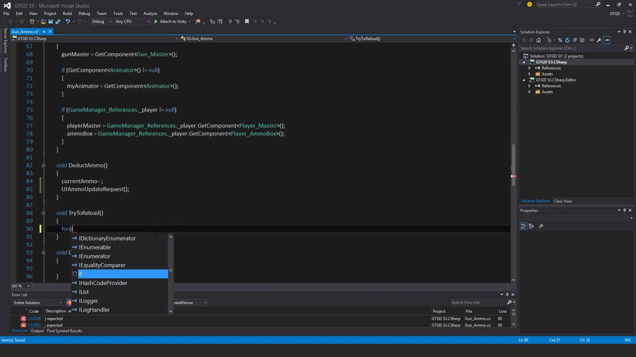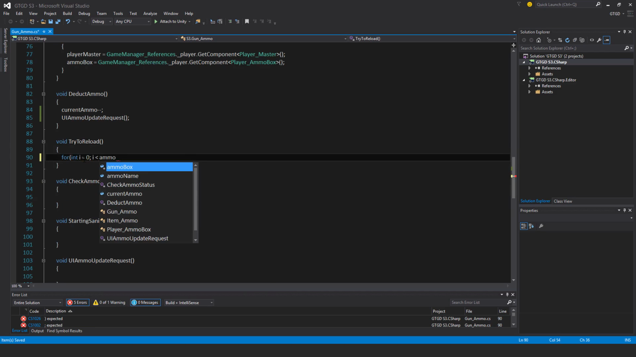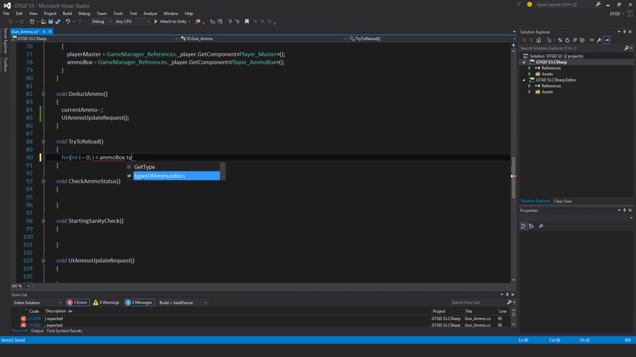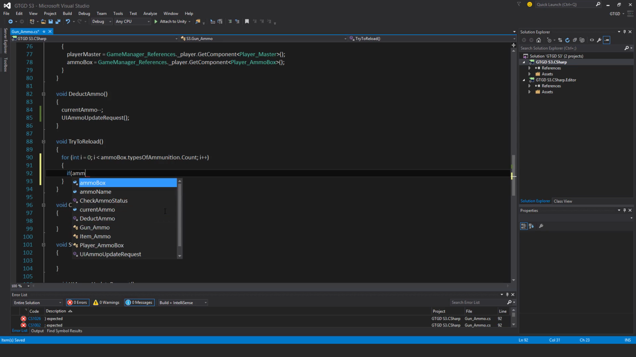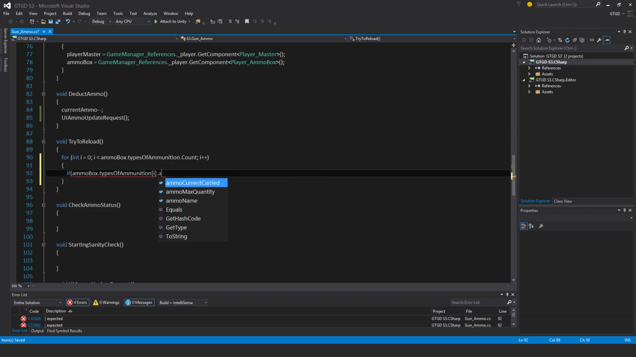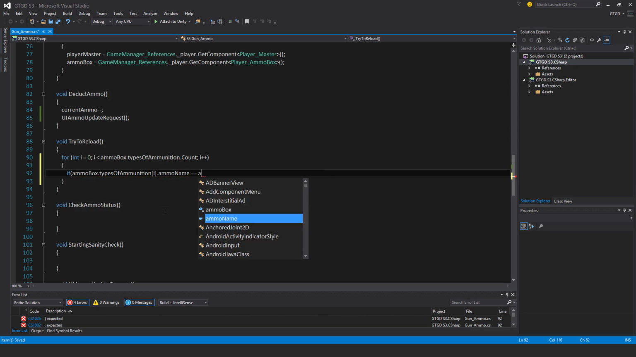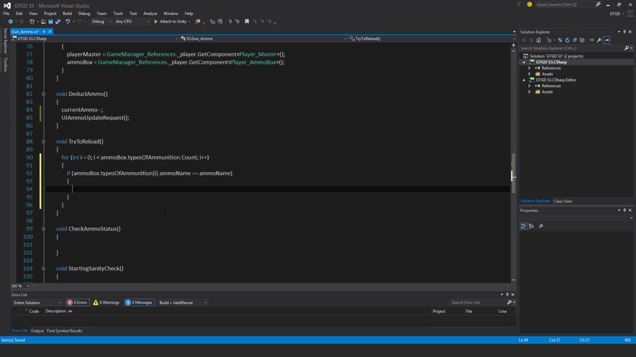For int i equals 0, i less than ammo box dot types of ammunition dot count, i plus plus. If ammo box dot types of ammunition index i dot ammo name is the same as this gun's ammo name, that means we've found the correct entry in the ammo box. And we need to check a couple of things. So first of all,